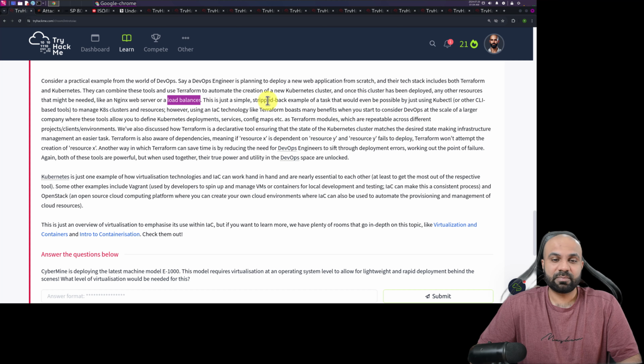This is just a simple stripped back example of a task that would even be possible by just using kubectl or other CLI based tools to manage a Kubernetes or K8s cluster and resources.